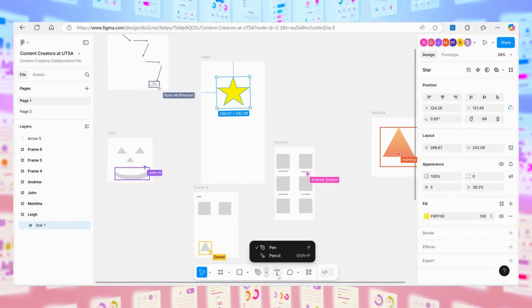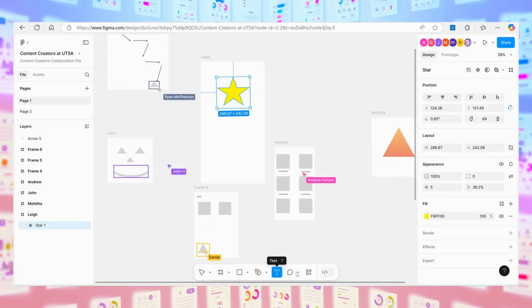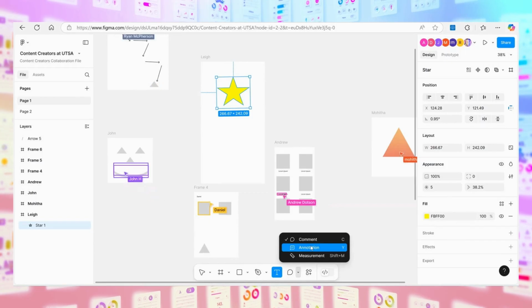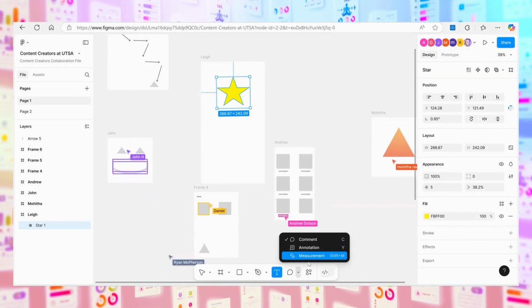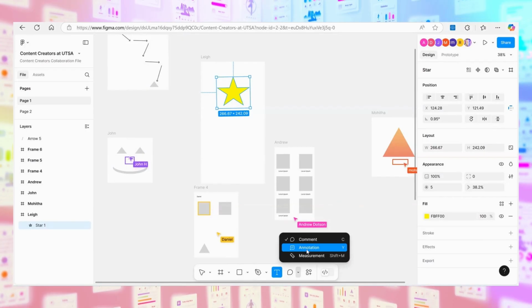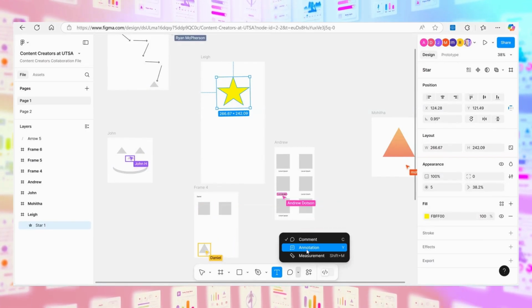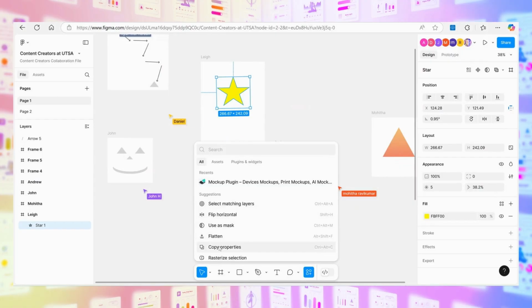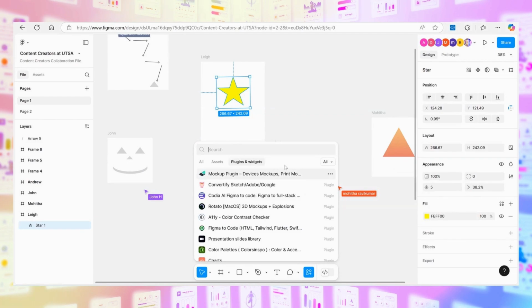So you have your pen and your pencil tool. You have text, so you can type things in there. Andrew's already doing that, using Lorem Ipsum. We can comment and annotate on each other's projects, which is really good. If you're working at 3 a.m., we can say, hey, that's really cool, or what do you think about making that red instead of blue? And we have all these plugins and widgets now, and quick things like flip horizontal, kind of the same things you do in Adobe, masks and rasterizing and all of that, and some pretty cool widgets like color contrast checkers.